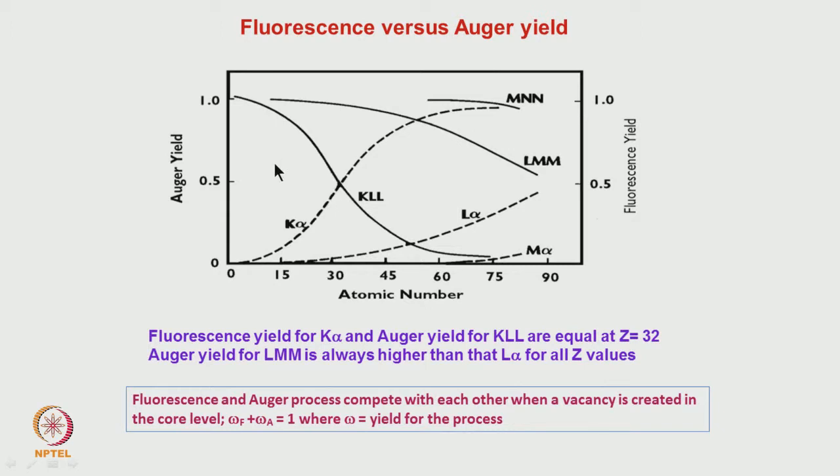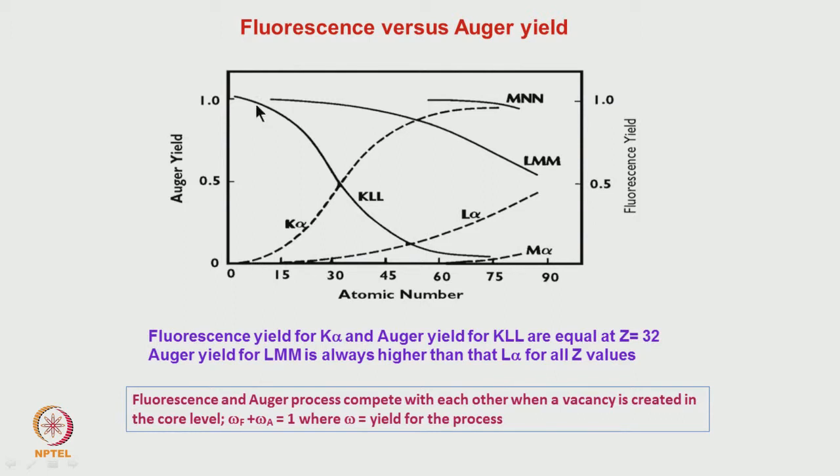So, for atomic number smaller than this, the K-shell ionization Auger yield is high. So, this is a much more sensitive technique to find out the composition of the elements, whereas for elements higher than 30, essentially it is better to do energy dispersive analysis using the characteristic X-rays to find out the chemical composition, because the sensitivity is very high. So, especially for light elements, for various reasons, you know that for elements less than 10, the detection is going to be very difficult for X-rays. So, Auger detection is going to be possible.